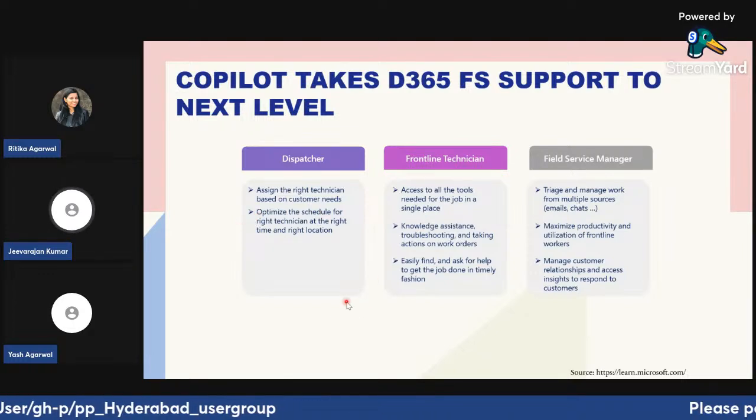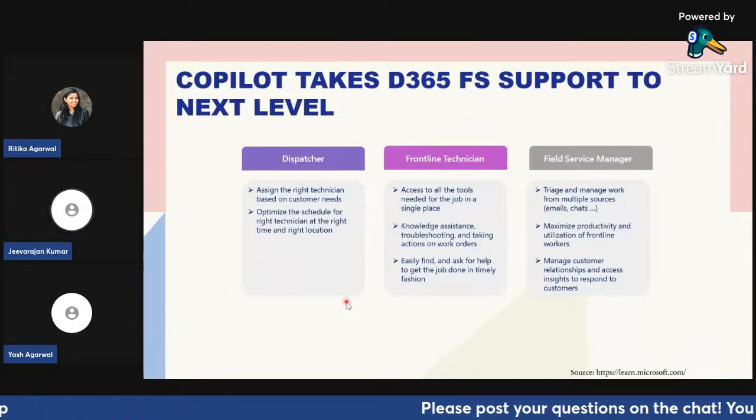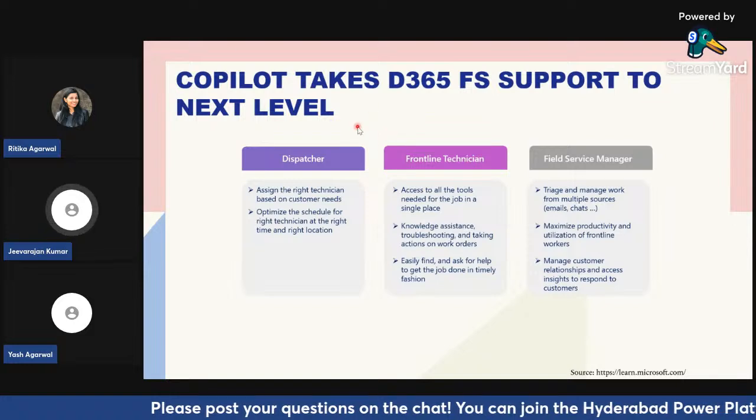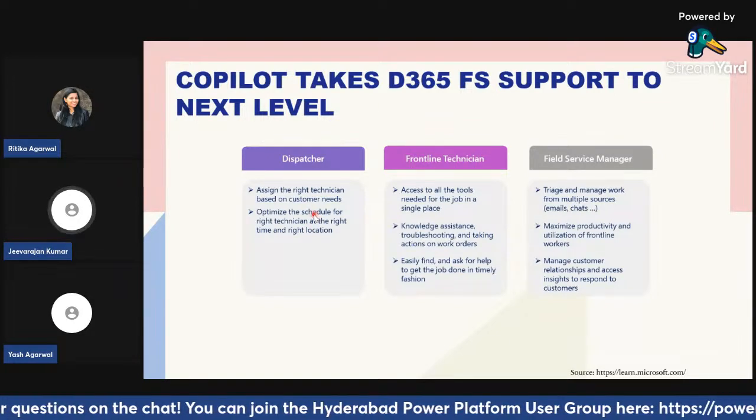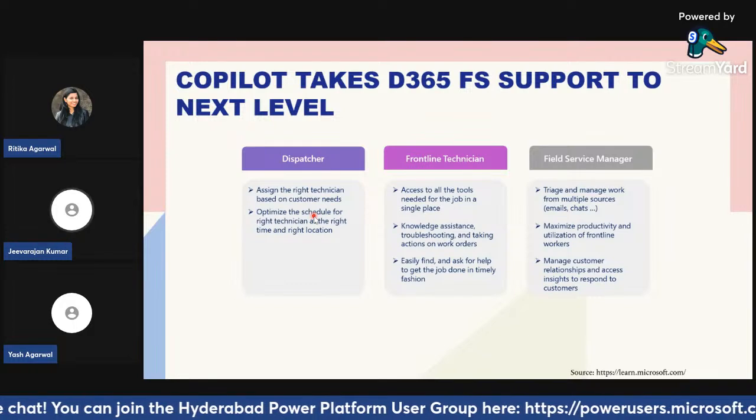That way, you're saving run cost and service operation cost.